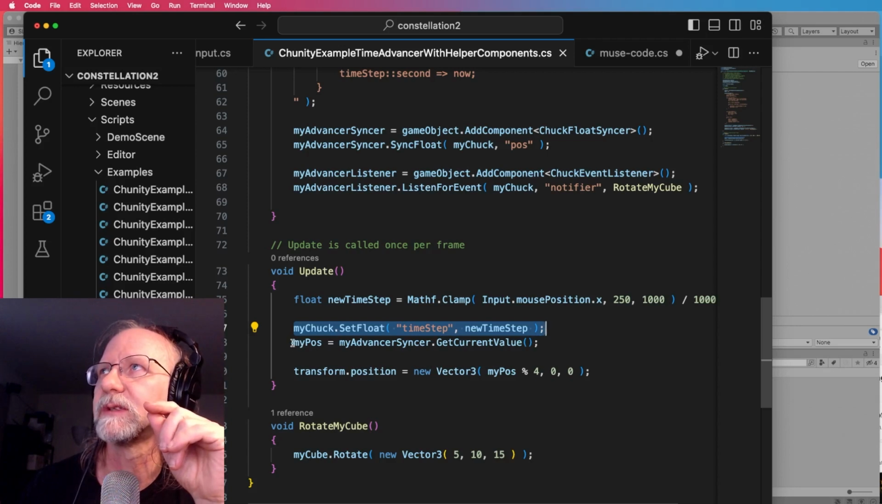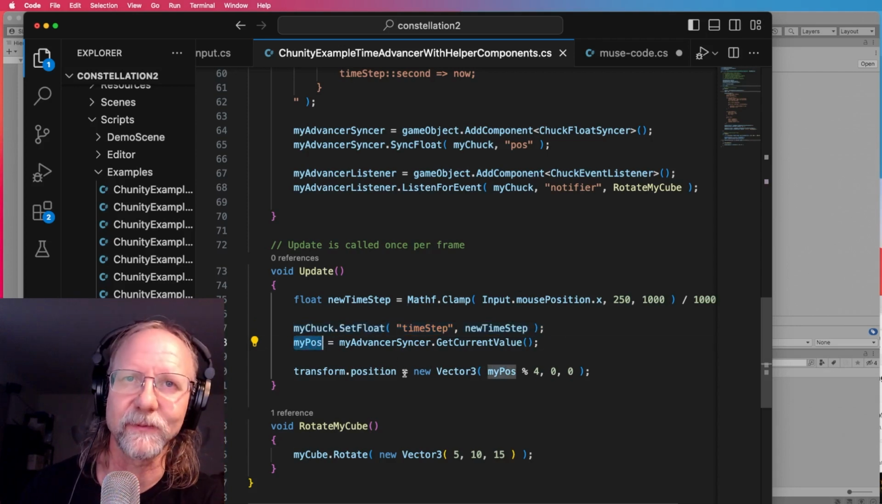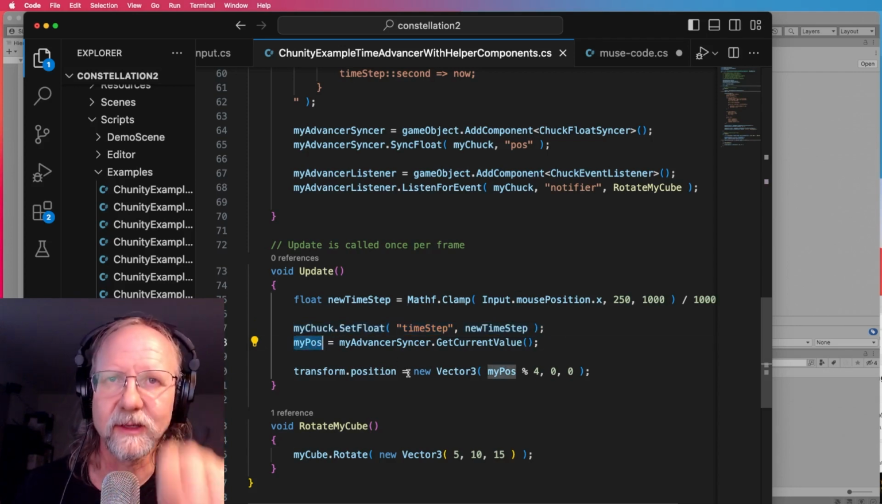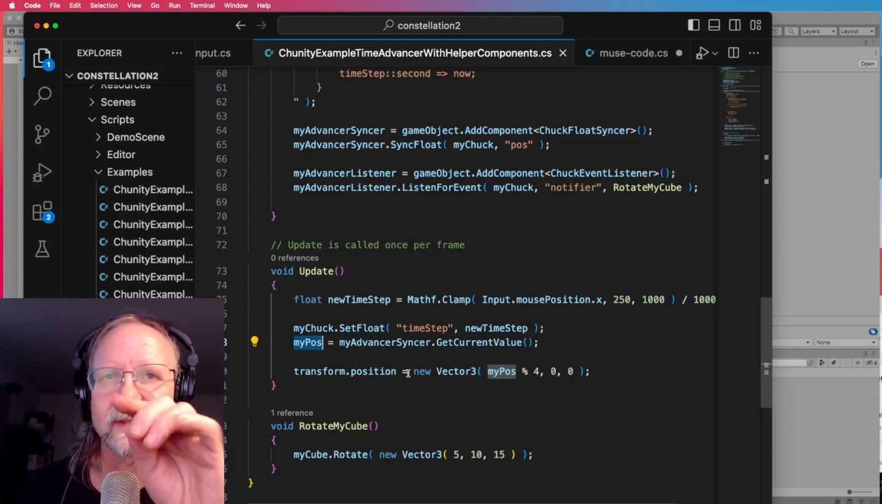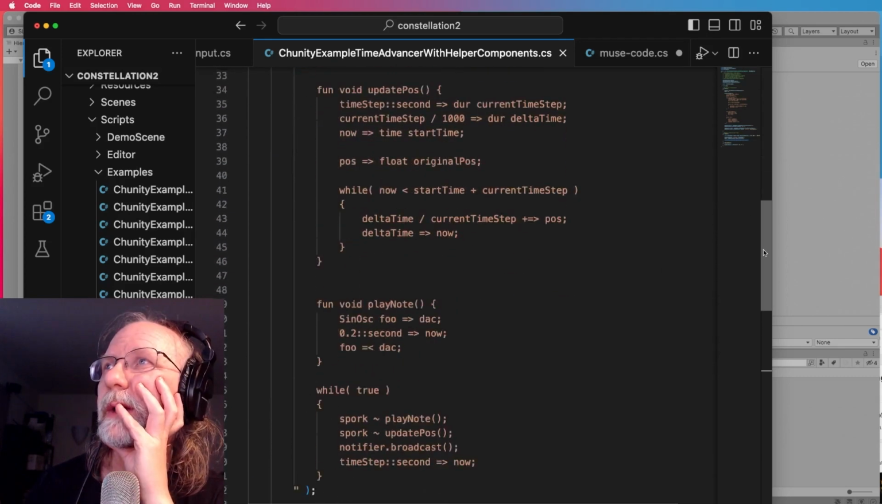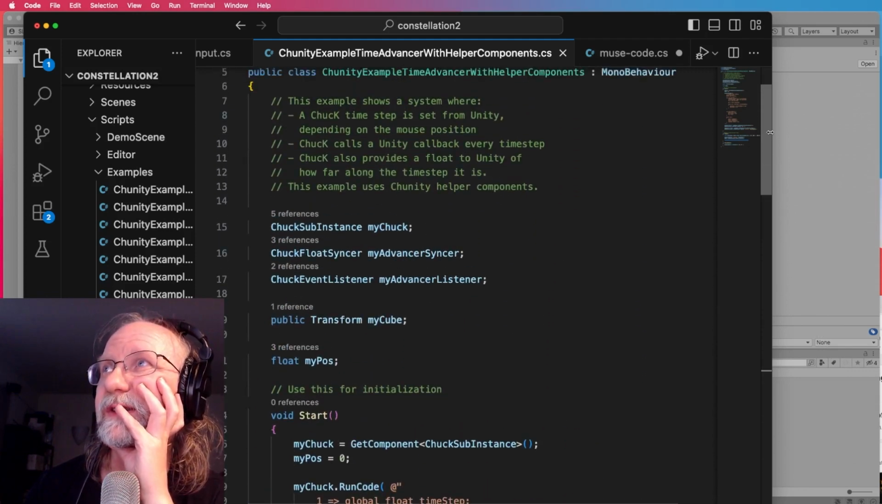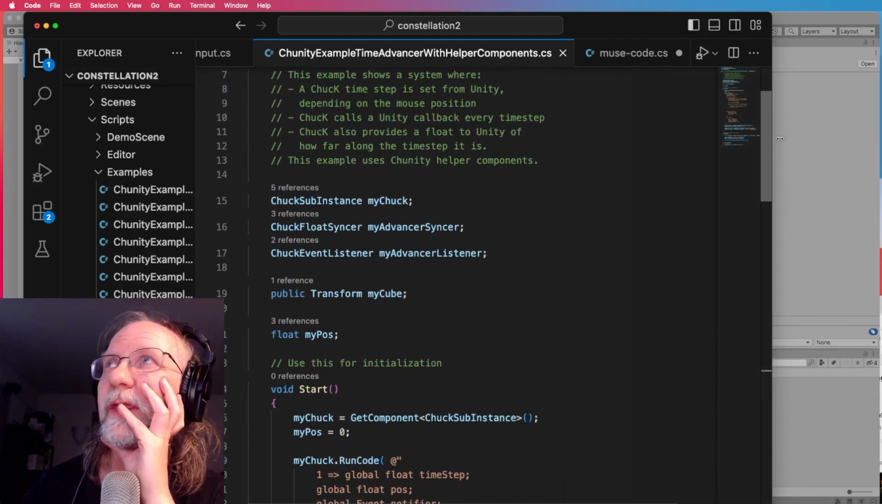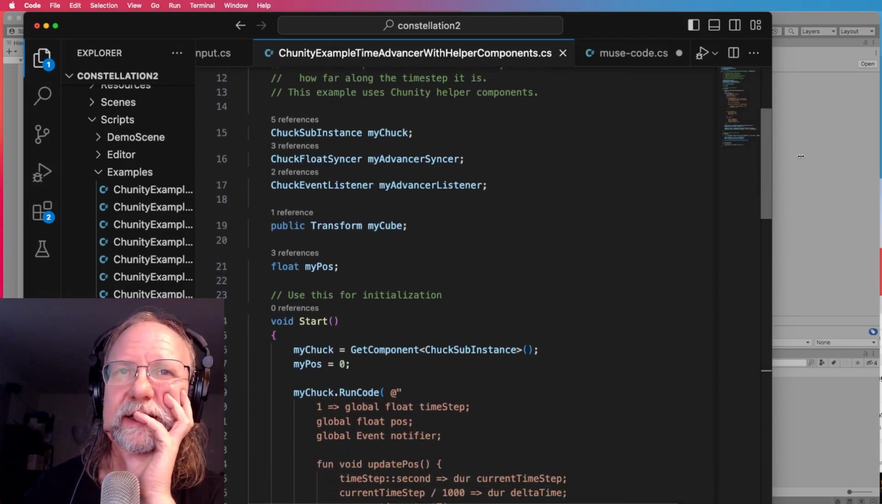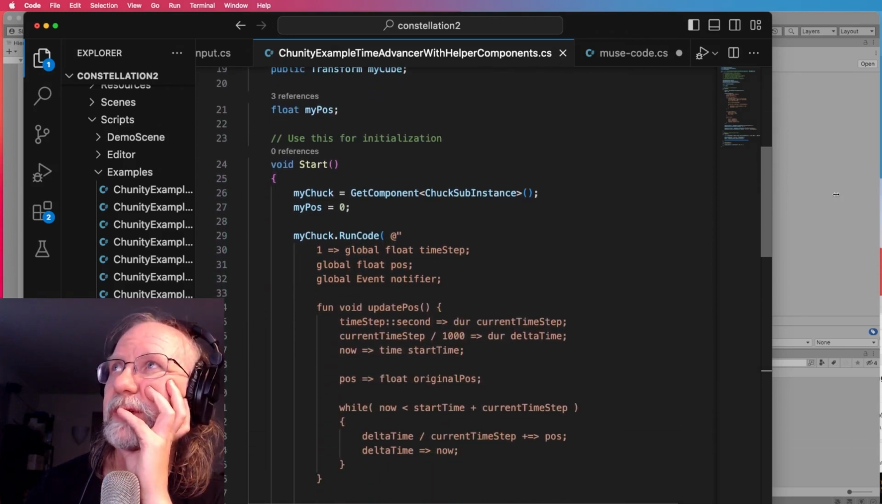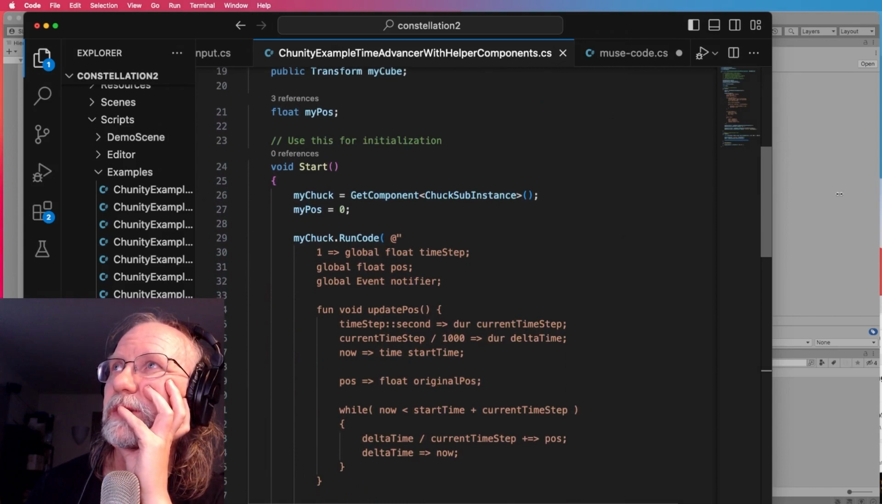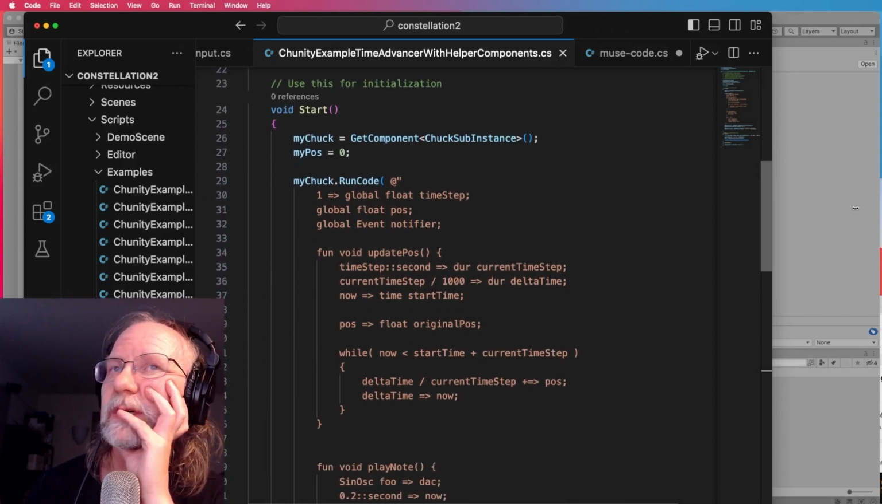And then my position is, again, a callback from Chuck to tell Unity basically where its current position is. All right, so what I need to do is adapt this script to do what I want it to do. One thing I'm definitely going to need to add to this is a Boolean. I'm going to have to add a Boolean and send that value into this Chuck script